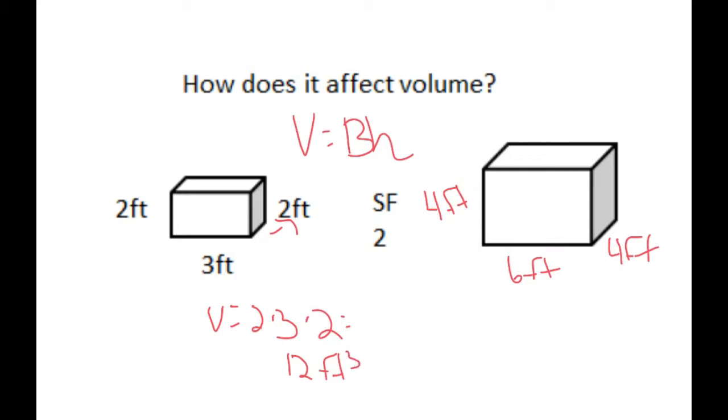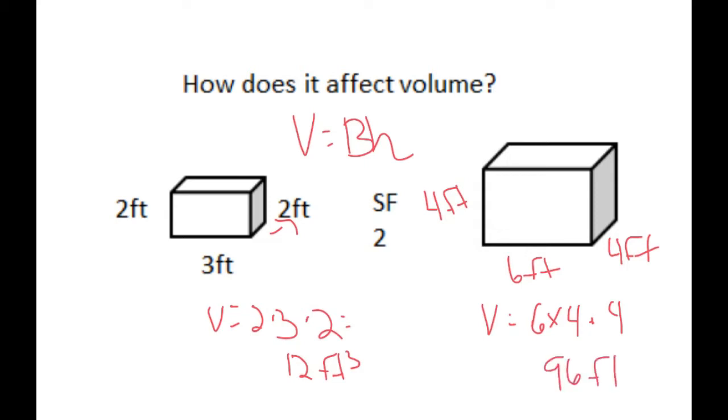For my larger rectangular prism, I am going to multiply the area of the base, so I am going to do 6 times 4 times the third dimension of 4,